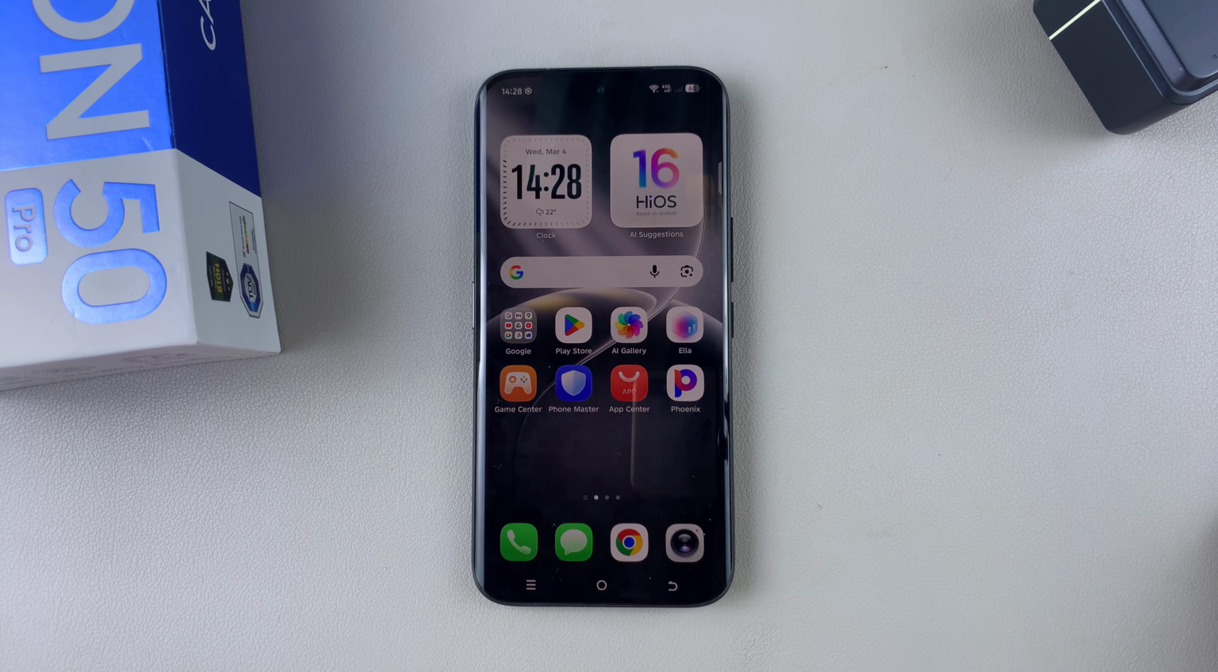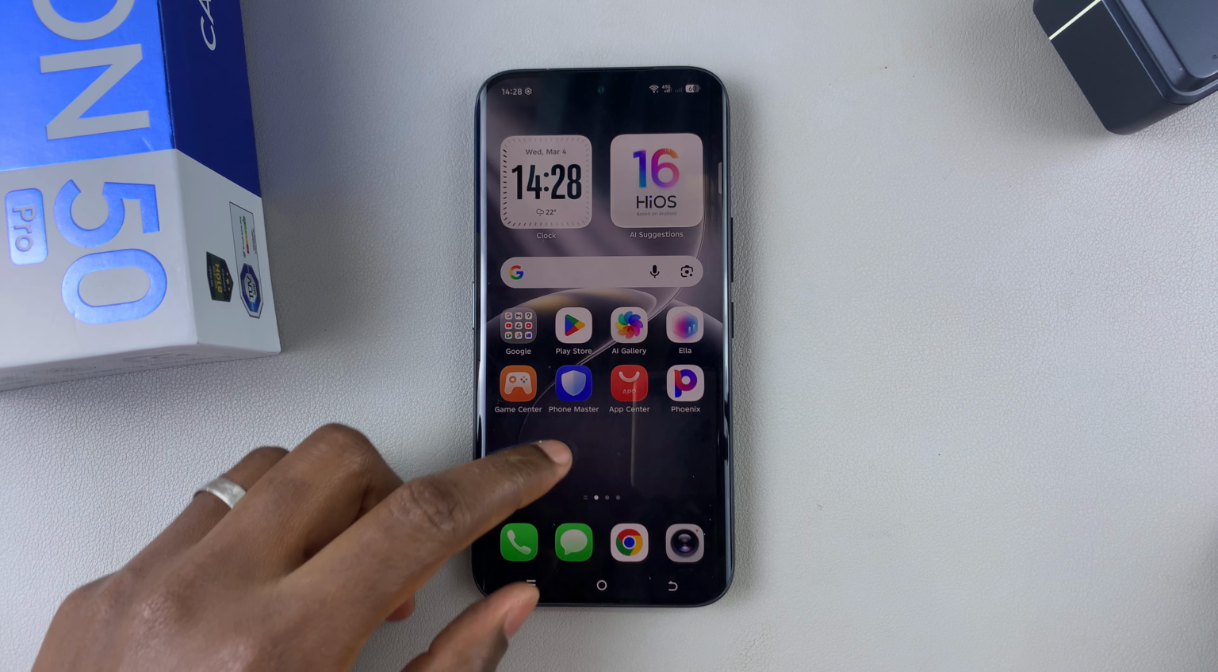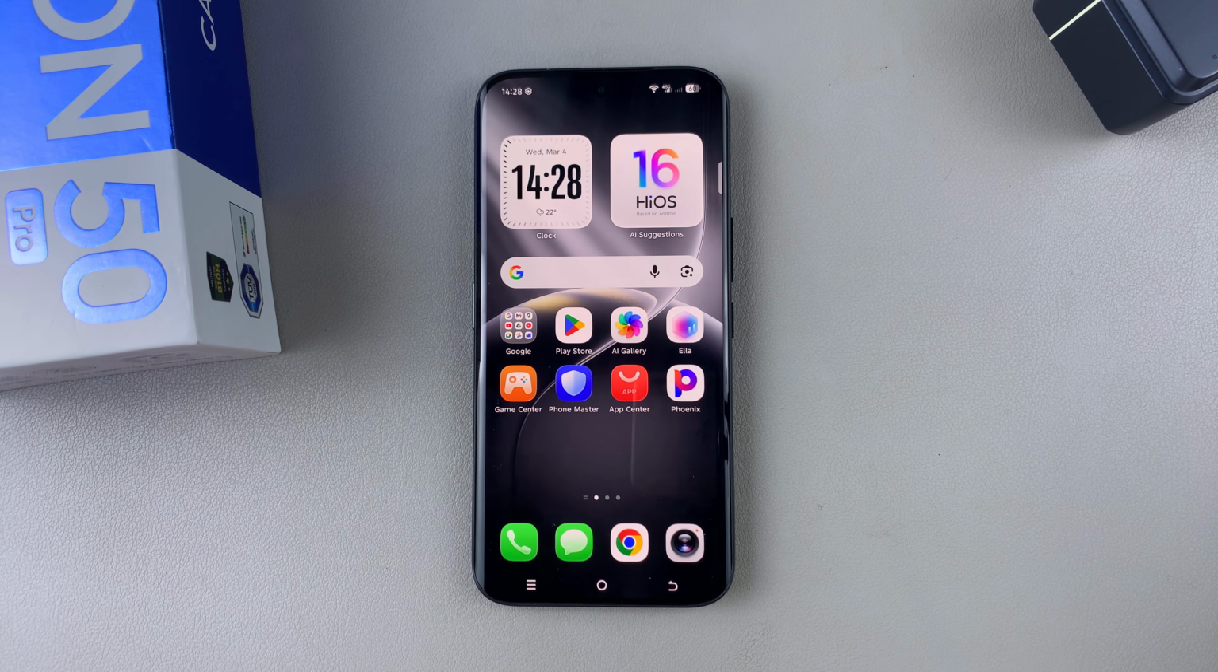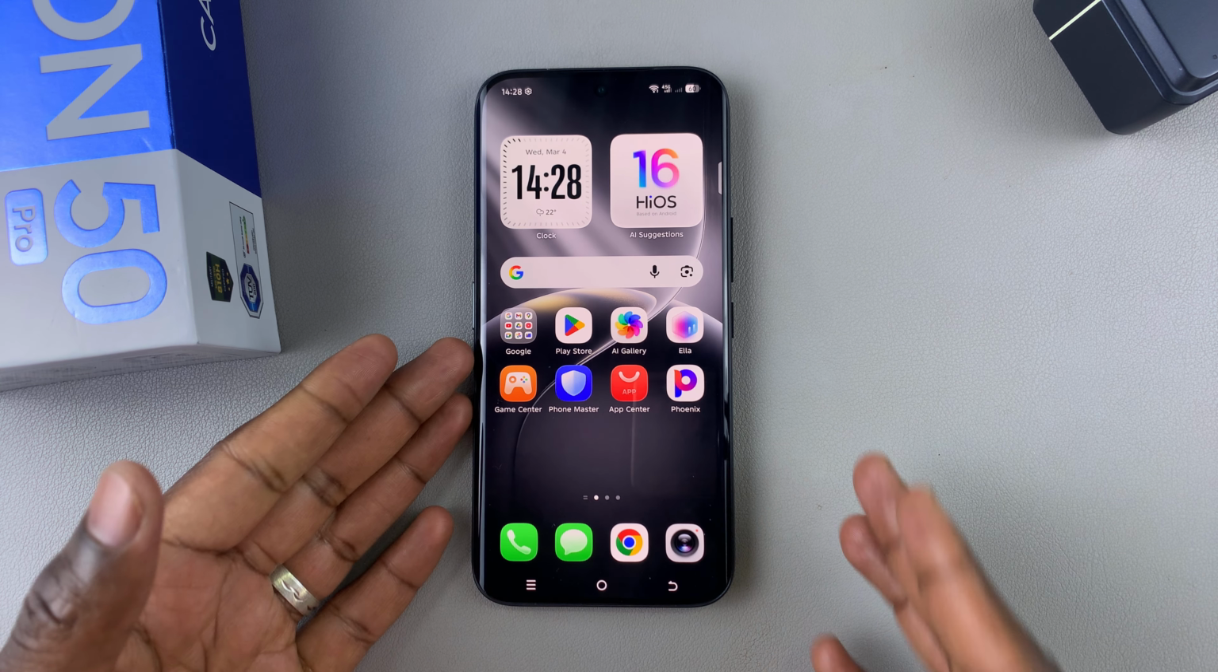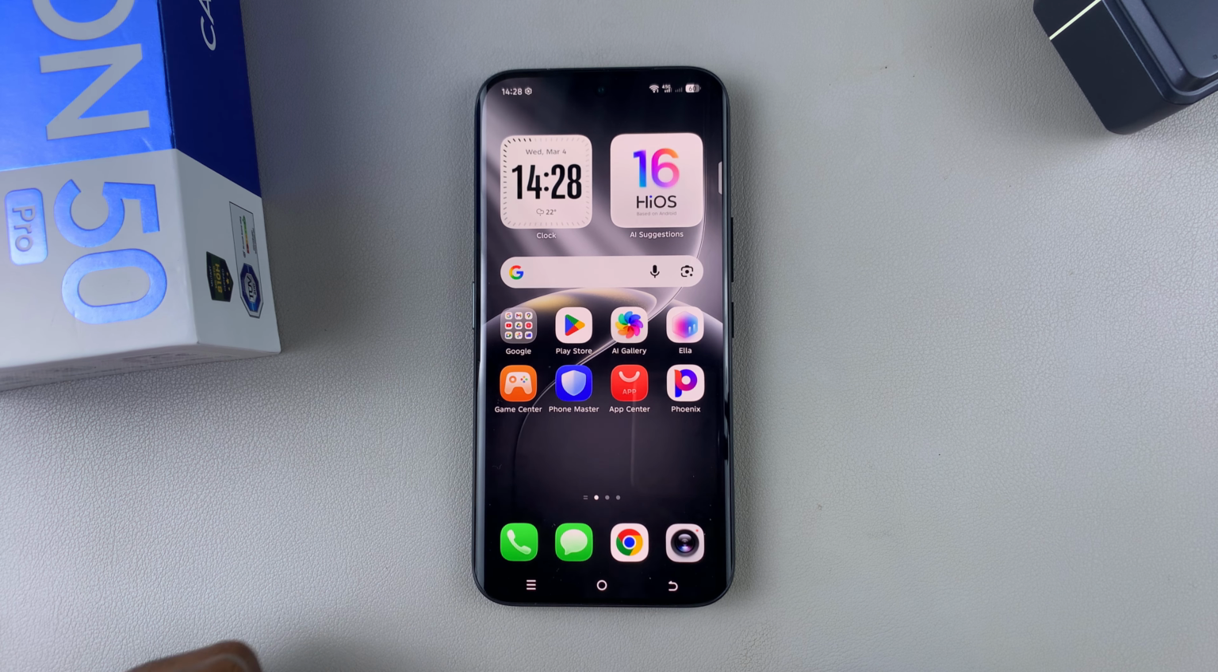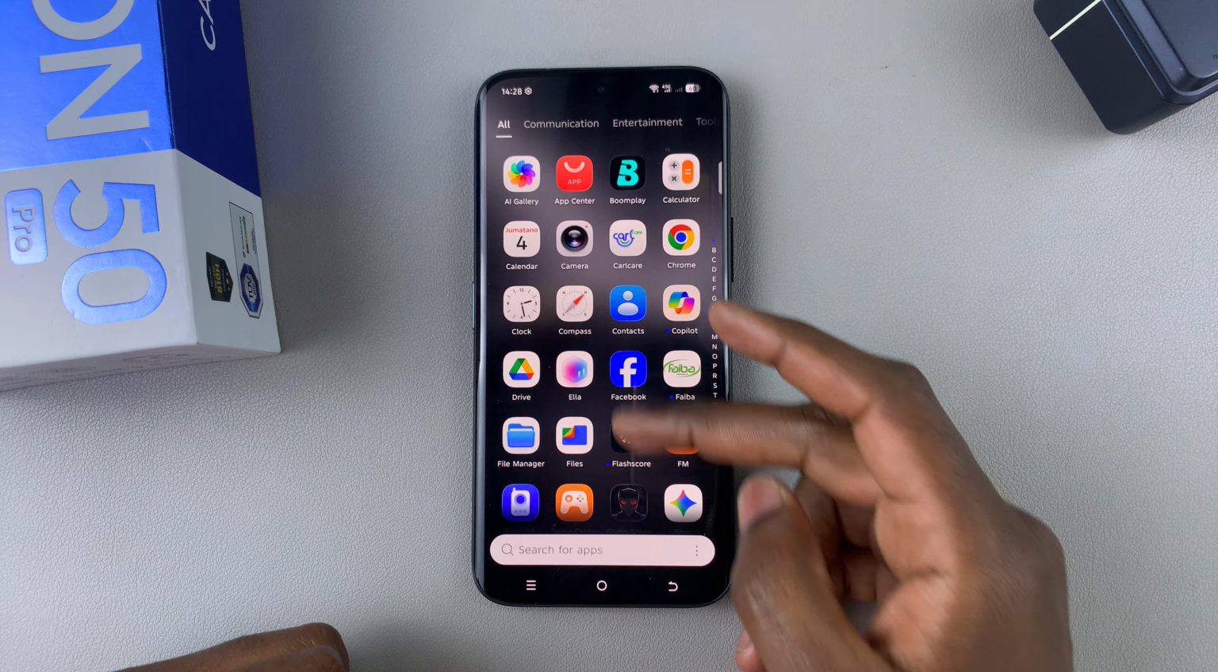Hope you're okay. Today, I'll show you how to enable or disable developer options on your TECNO CAMON 50 Pro or 50 Ultra. Now, you want to open Settings,